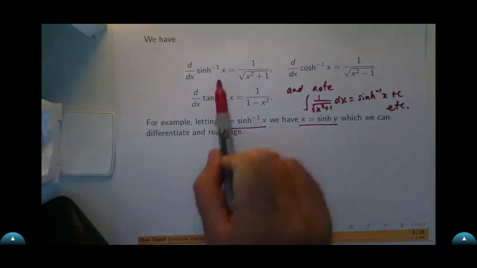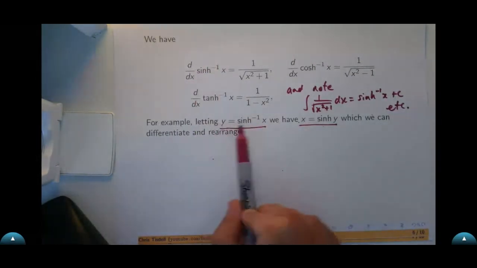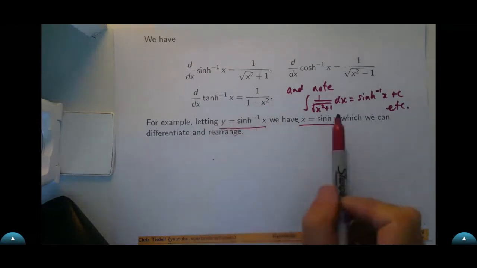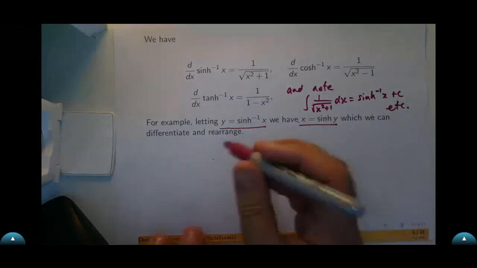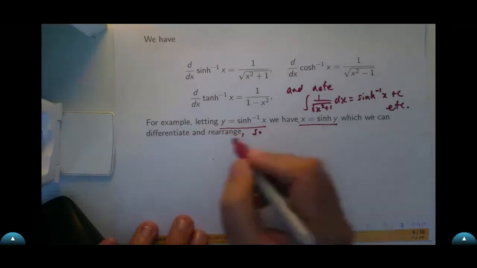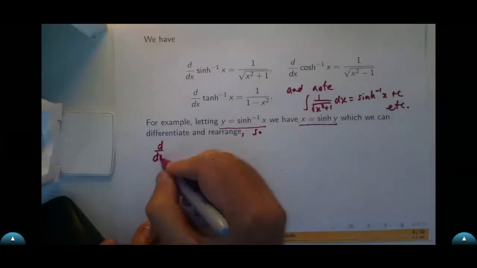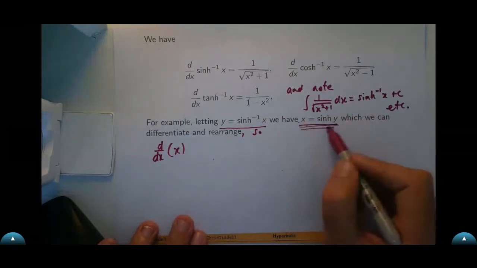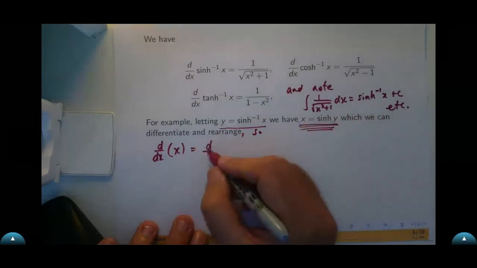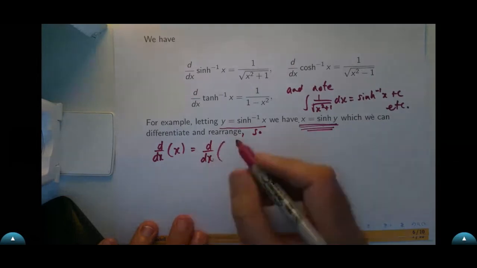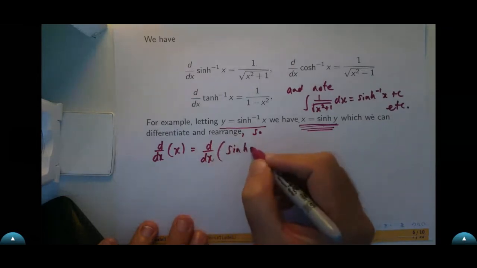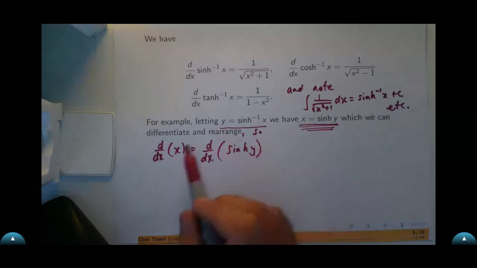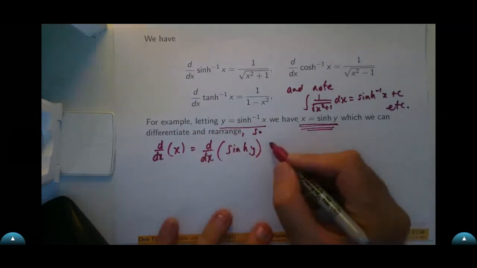Okay, so if y is this function here and I want to find dy dx, well, I can take the hyperbolic sine of both sides and then differentiate this. So let's have a look. So let's differentiate both sides of this one with respect to x. Okay, now we're going to do the product rule, the chain rule here. So